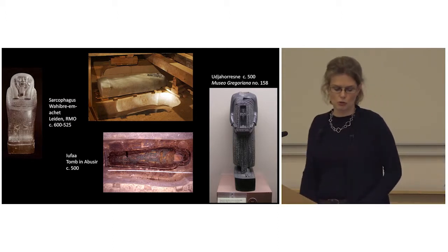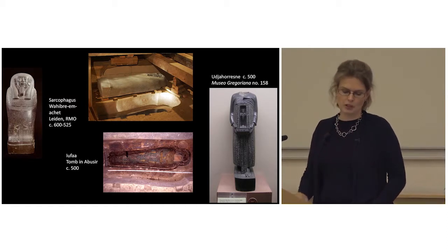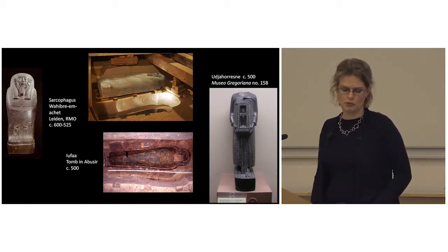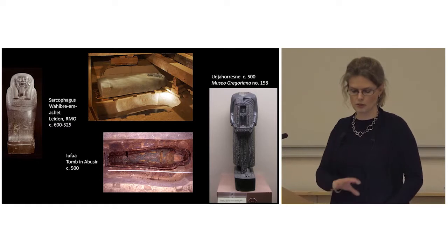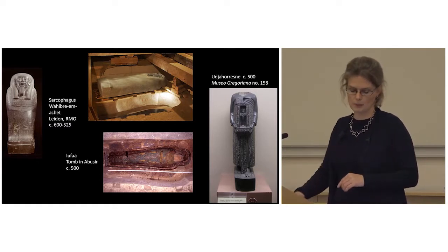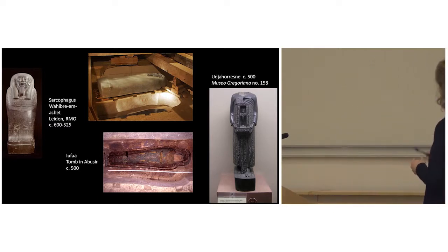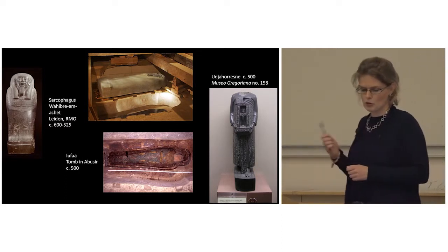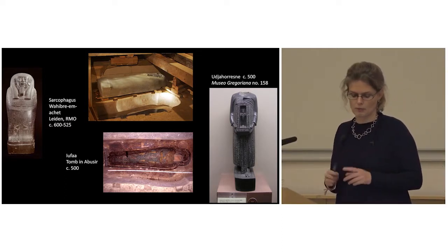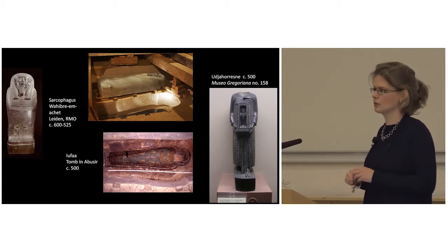These are two officials from around the time of the Persian conquest in Egypt. Eupha was 25 to 35 years old when he died, and these shaft tombs are about 8 by 10 meters and 30 meters deep. Eupha was found intact, so you get an idea of what a burial this would have looked like. But it's Uja Horesnet here, they were neighbors, Eupha and Uja Horesnet, who is the one I'm interested in, and he has,